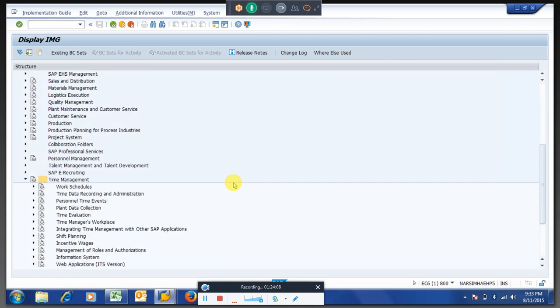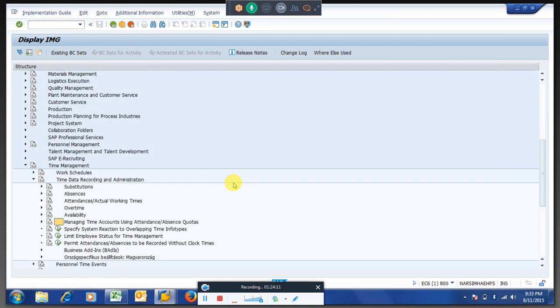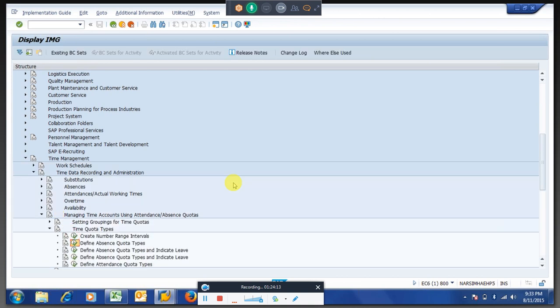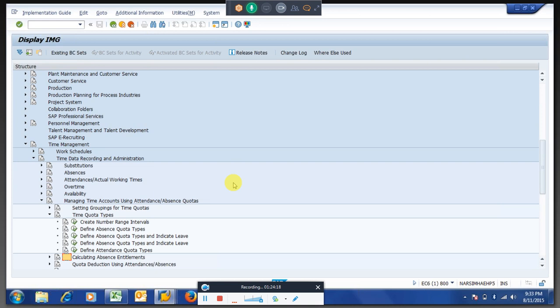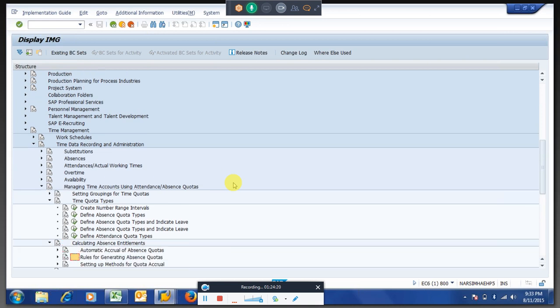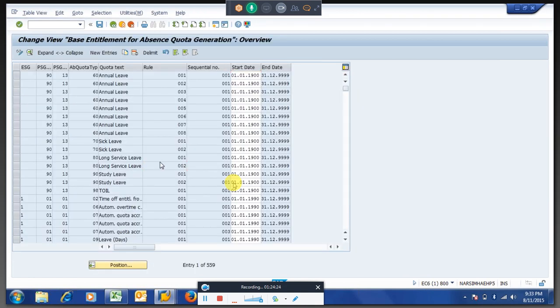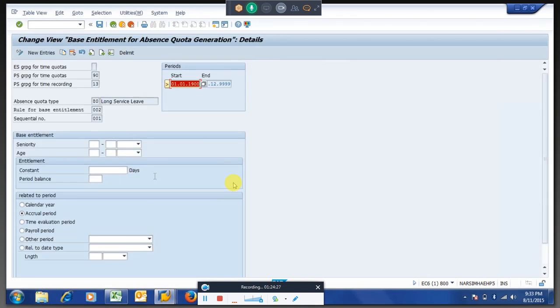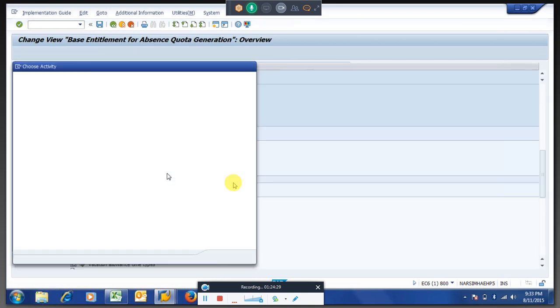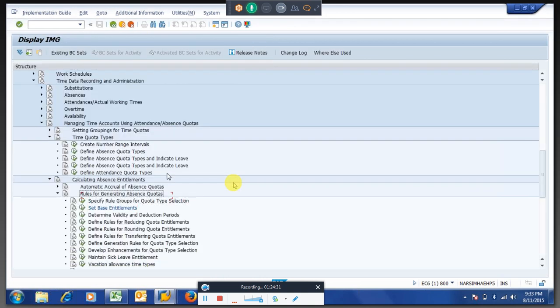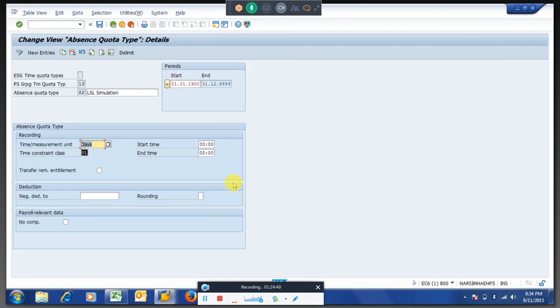So here we will start doing the configuration. When you create the quota, here you have mentioned days.